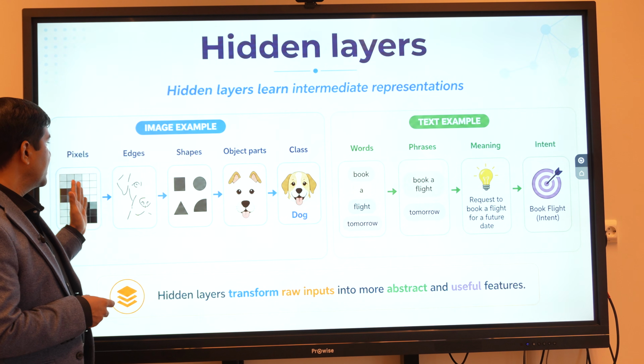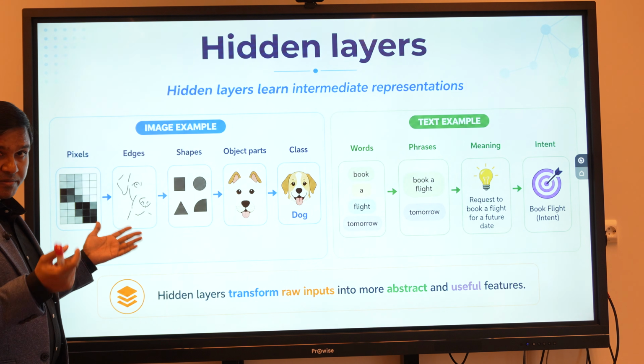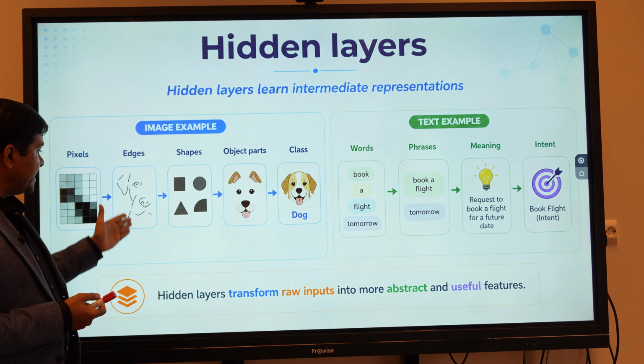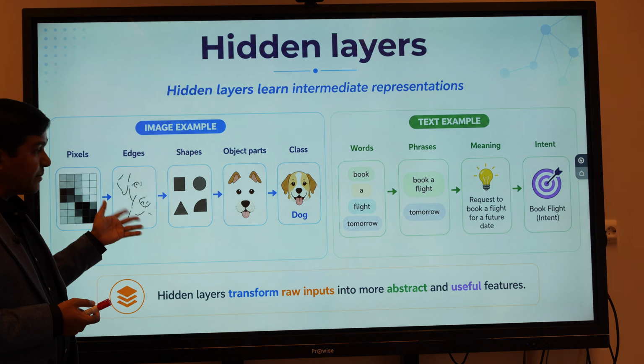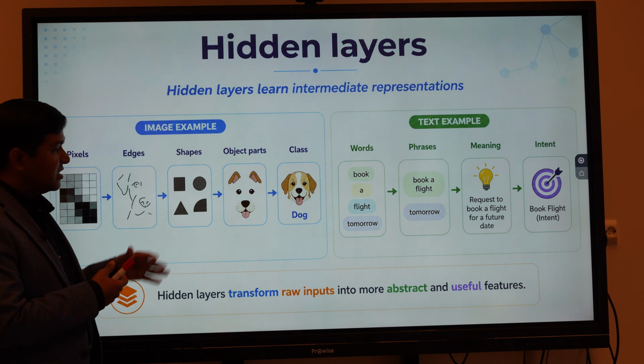For example, images are basically pixels. In one hidden layer, only edge-type representations can be there, then it will turn into a shape.